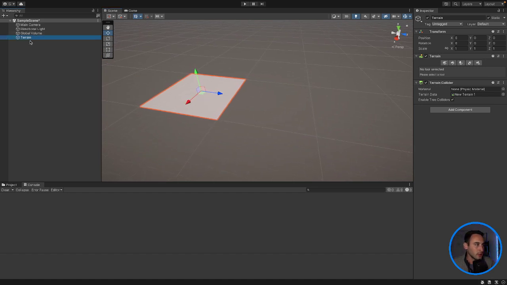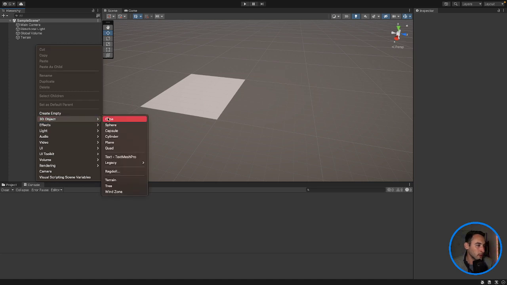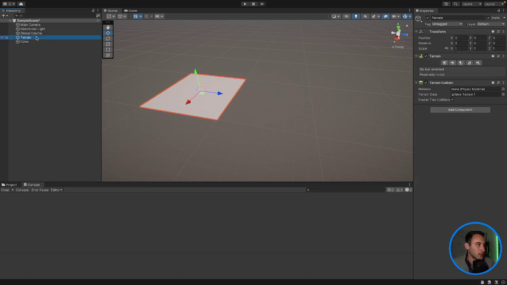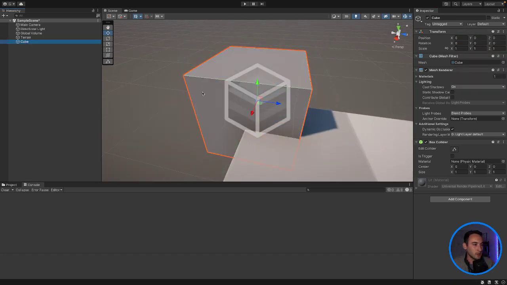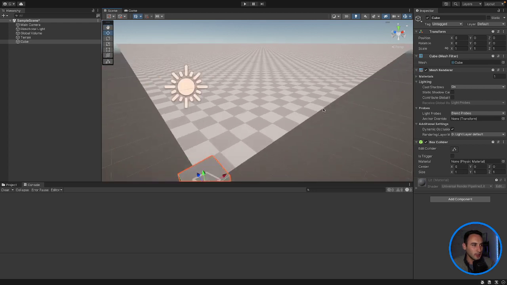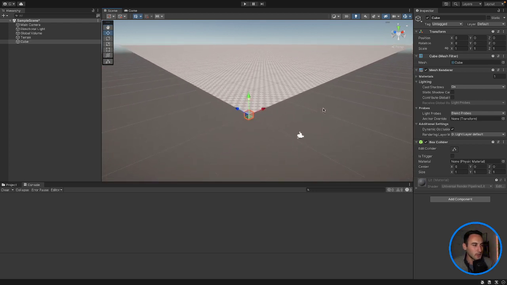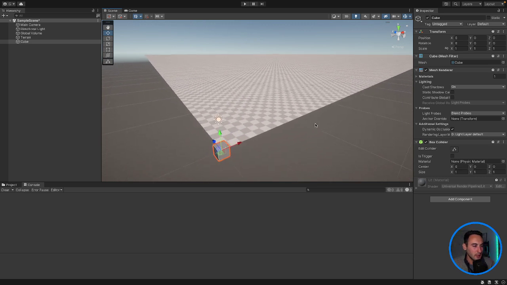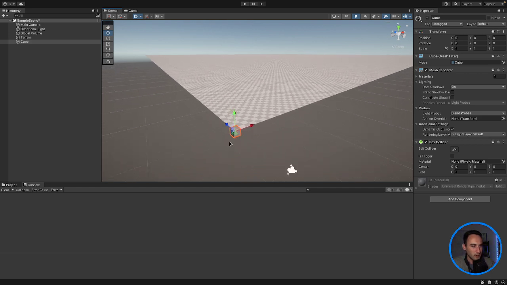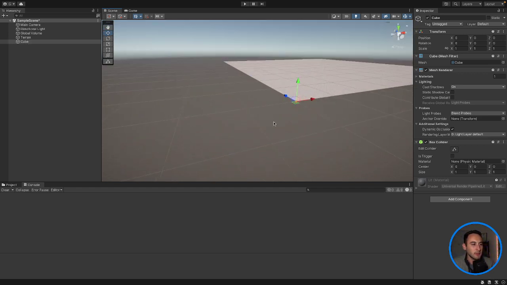But I'm just going to spawn a cube into the scene as well, so we can see how big it is. So I'm going to reset that so it puts it on the map. So here's our cube, and you can see how big the terrain is compared to our cube. So that is quite massive, which is kind of good. But I don't really know if we want it to be that big,